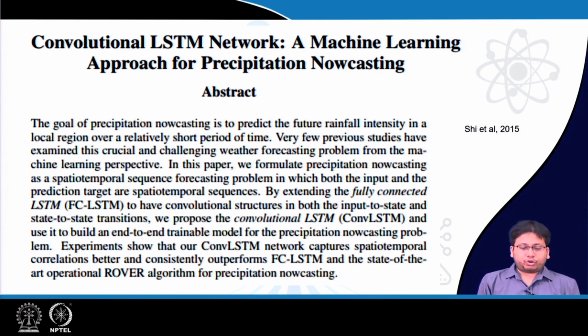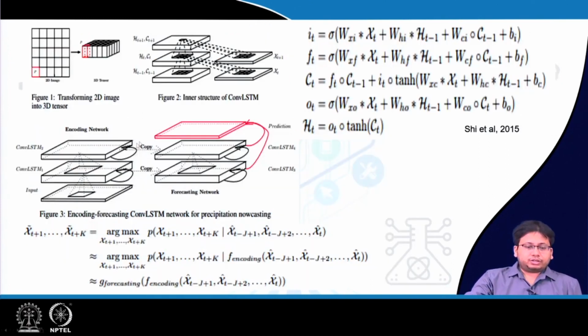Experiments show that our ConvLSTM network captures spatiotemporal correlations better and consistently outperforms FC-LSTM and the state-of-the-art operational ROVER algorithm for precipitation nowcasting. So this is what the ConvLSTM looks like. I think we may have seen these figures earlier also. So first of all, this is the standard LSTM,